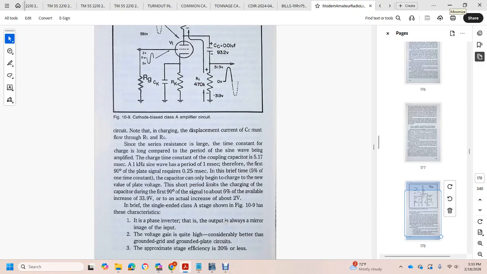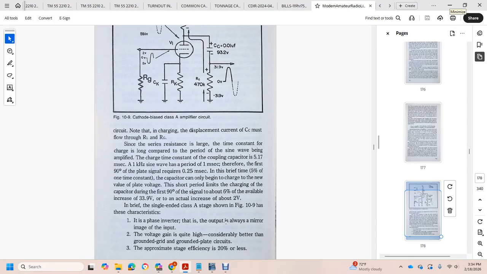With the series resistance larger, the charge time constant is long compared to the period of the sine wave being amplified. The coupling capacitor has a charge time of 517 milliseconds with a 100 kilohm resistance, while the sine wave period is 1 millisecond, so the first 90 degrees of the signal is a quarter of a millisecond, a brief time, about 5% of